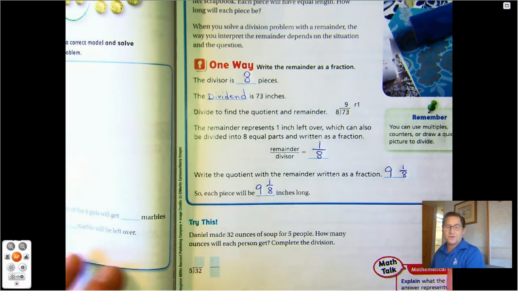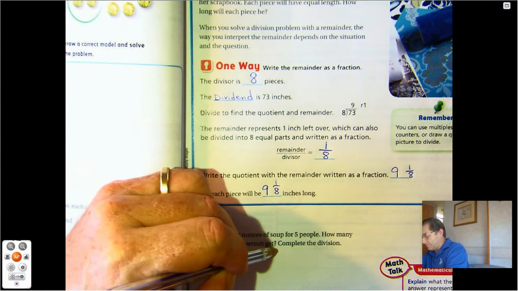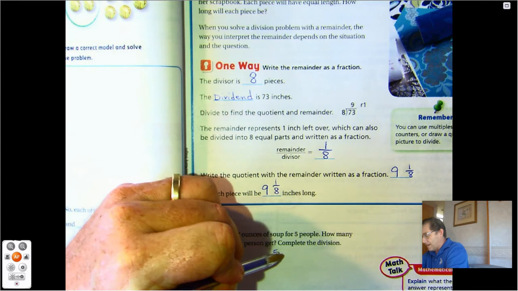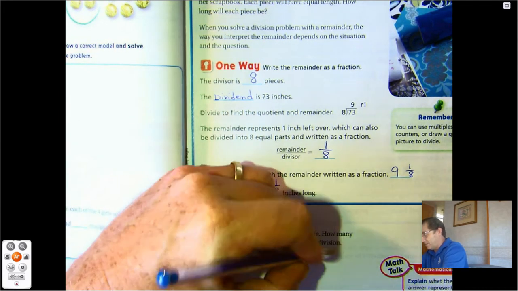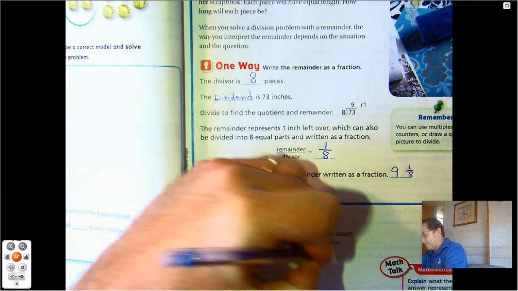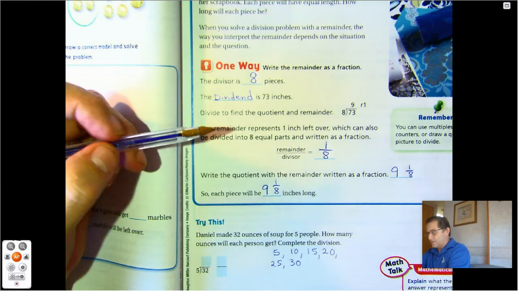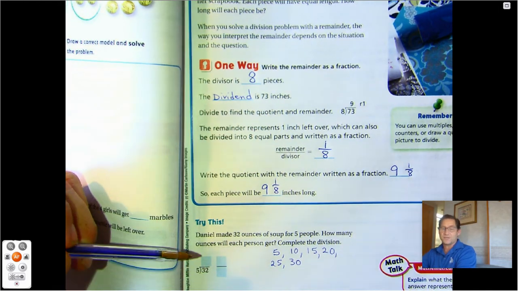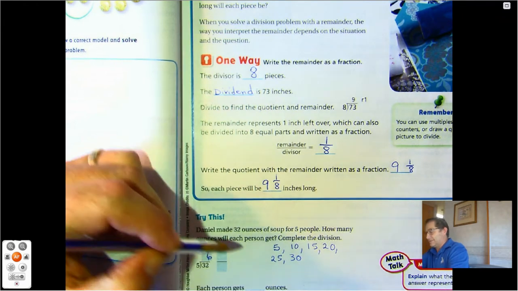Daniel made 32 ounces of soup for 5 people. How many ounces will each person get? And complete the division problem. So if we counted by fives, 5 times 1 is 5, 5 times 2 is 10, 5 times 3 is 15, 5 times 4 is 20, 5 times 5 is 25, 5 times 6 is 30. So that's the closest I can get to 32 without going over. So it would be 6 times 5,